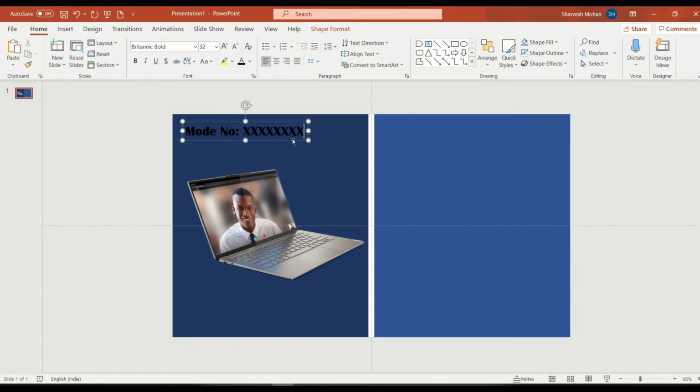You can put it as per your requirement. Similarly, we'll put the pricing of the product. I'm also putting any price you want to mention. Let's change the color of both the text boxes to white. So currently our design looks like this.